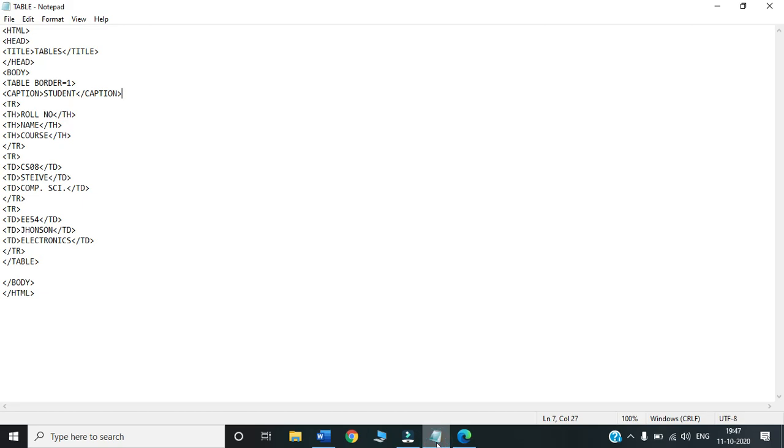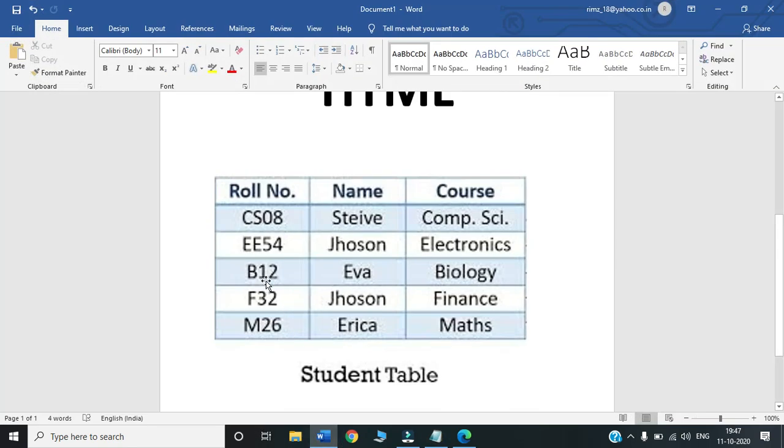Next, if I want to go on adding more rows to the table, of course I can do that. I will type TR, then TD. Now let us see what was the value. So B12, EVA and Biology.